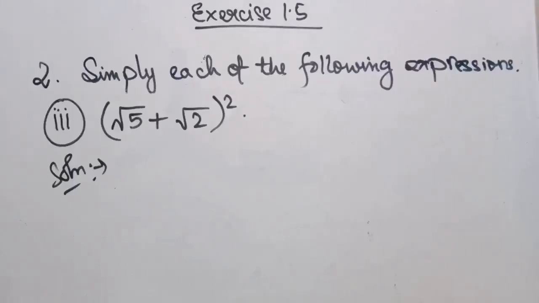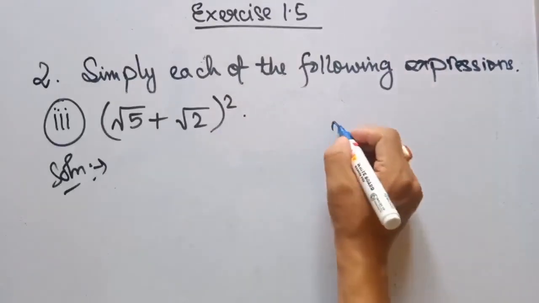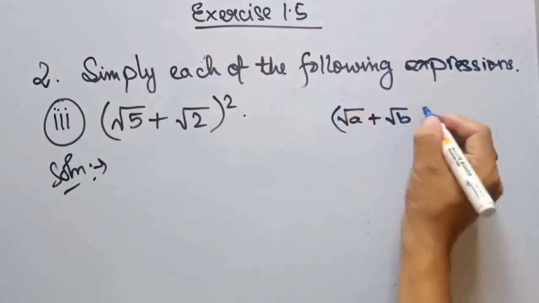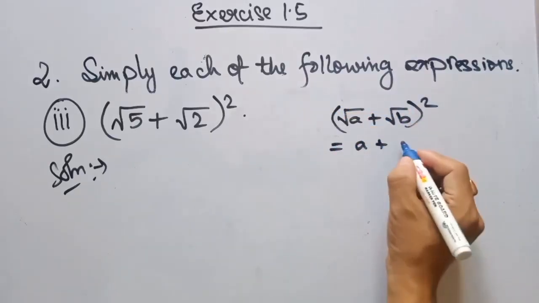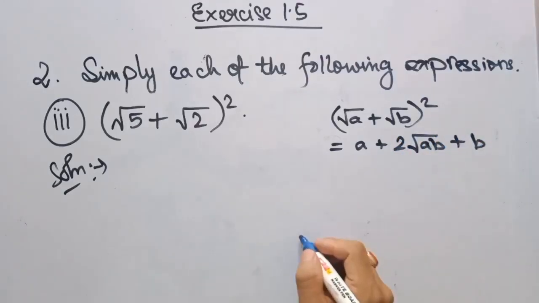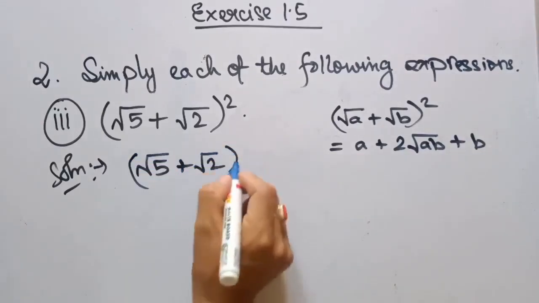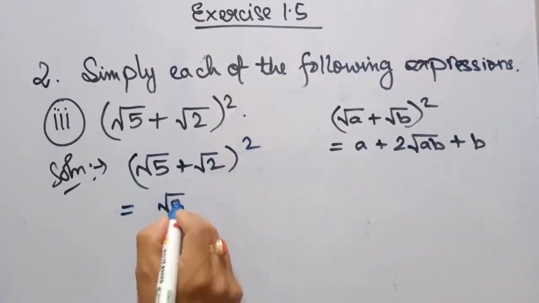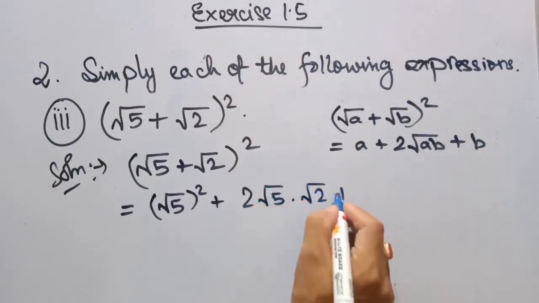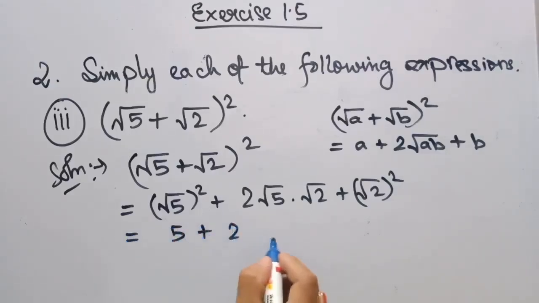Next, exercise 1.5, question number 2, Roman number 3, (root 5 plus root 2) whole square. Here we are going to use one of the identities for real numbers, that is (root a plus root b) whole square equal to a plus twice root ab plus b. So in other words, we are going to use the identity (a plus b) whole square. So (root 5 plus root 2) whole square equal to root 5 square plus twice root 5 root 2 plus root 2 square equal to 5 plus 2 root 5 into root 2